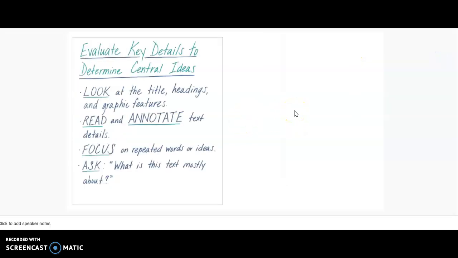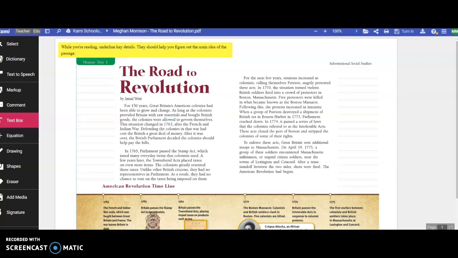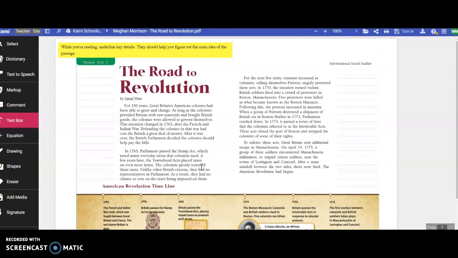So using key details to help you figure out the main or central ideas. Central idea is just another word for the main idea. So we can look at the title, the headings, the graphic features. In this text, the title is The Road to Revolution, meaning how they got to the American Revolution. There's a timeline, which is going to help you understand the text as well